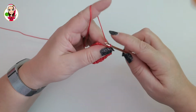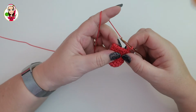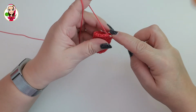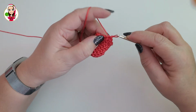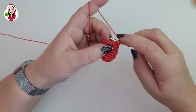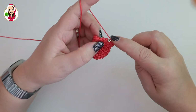So I'm going to chain 1. Rows 10, 11, 12 and 13 are all going to be a repeat of rows 4 to 8, so we're going to be doing a double crochet in each stitch all the way round, joining at the end of the round, chaining 1 and then doing the next round. So we're starting here on round 10, so I'm just working my way round with a double crochet in each stitch,